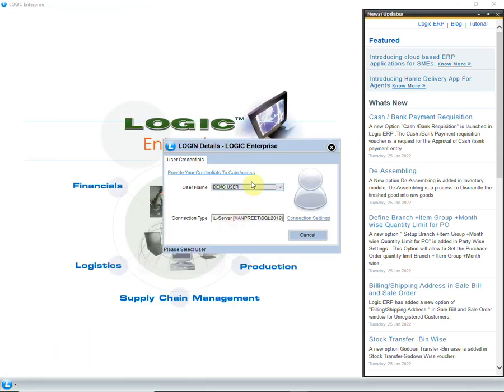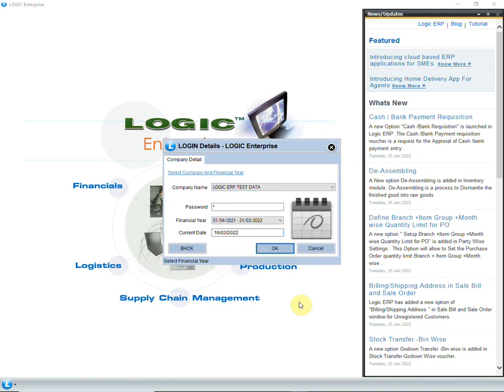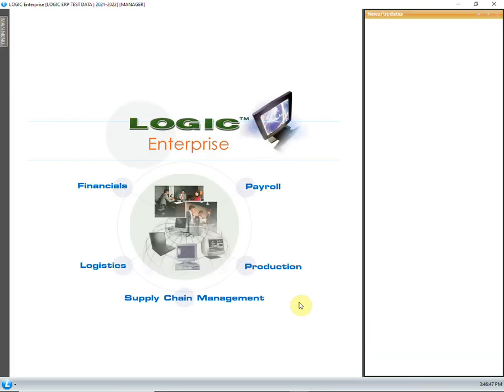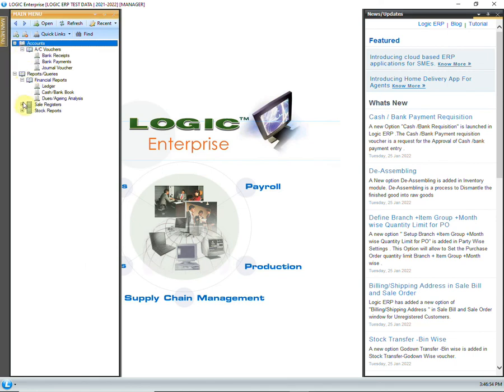Let us now log in through Manager User. Remember that we have assigned the admin group to the manager. In the main menu, you can see that only the enabled options are visible to this user.